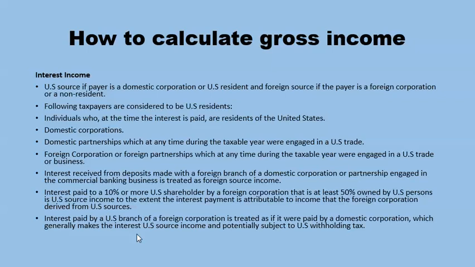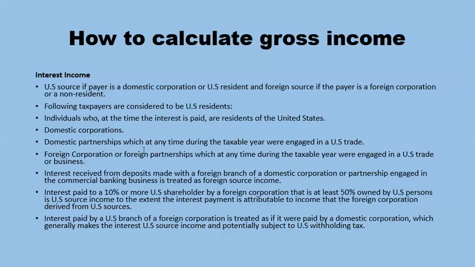Interest income. It is US source if the payer is a domestic corporation or a US resident, and foreign source if the payer is a foreign corporation or a non-resident. The following taxpayers are considered to be US residents: individuals who, at the time the interest is paid, are residents of the United States;